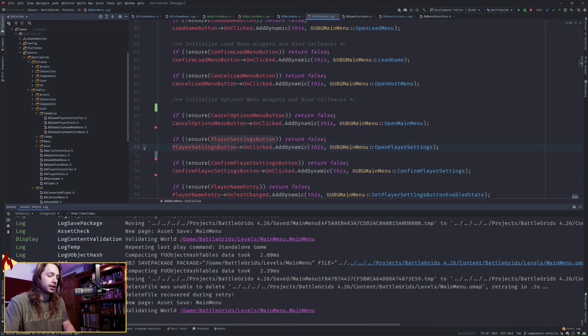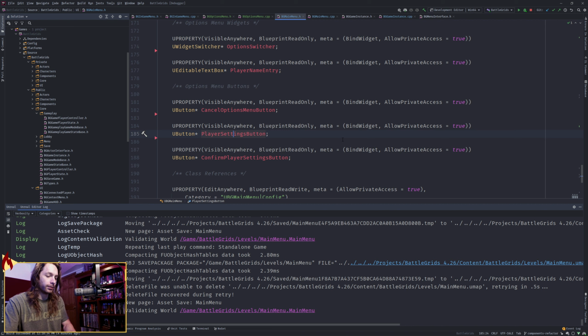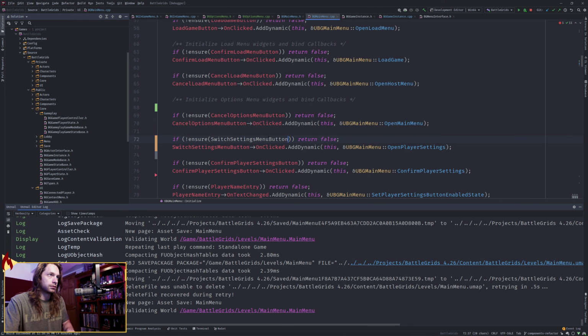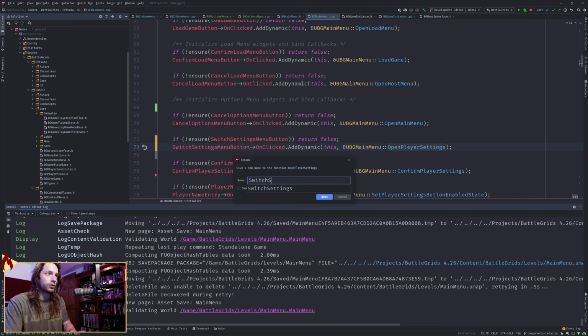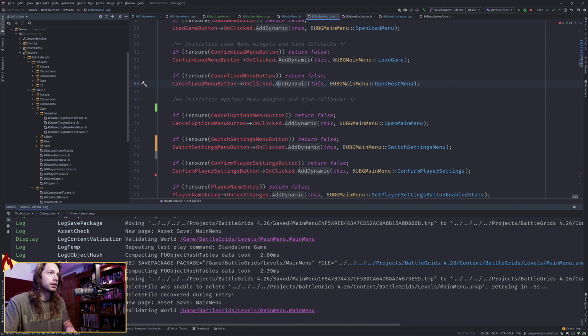This is now the, we're going to rename that to switch settings menu button. And call this to switch settings menu, and if we go to that, oh come on,